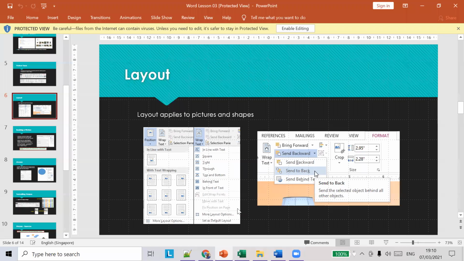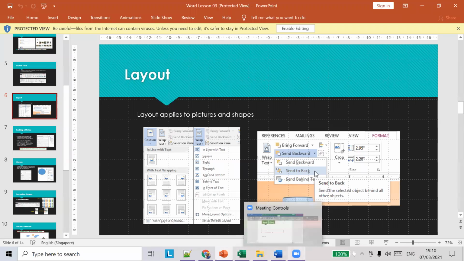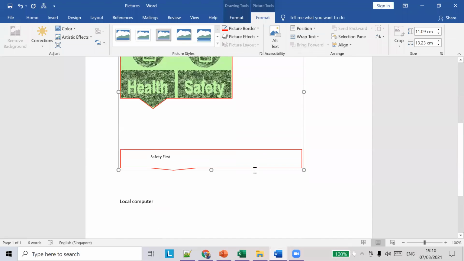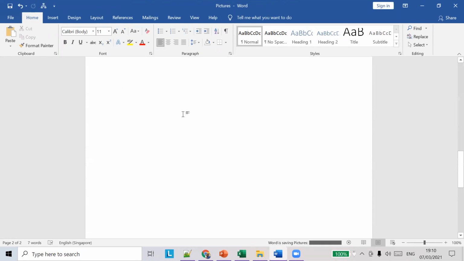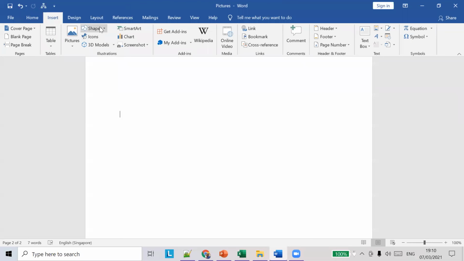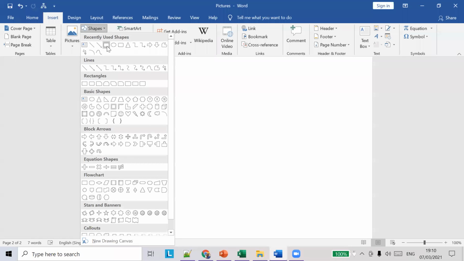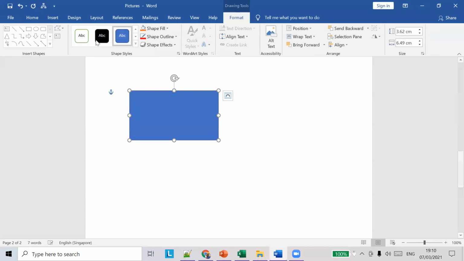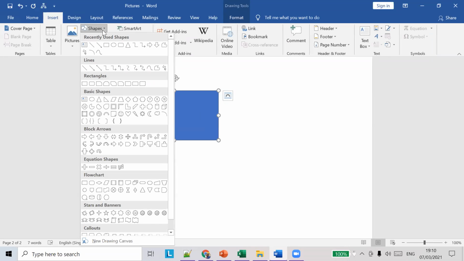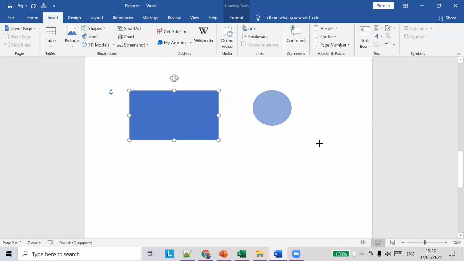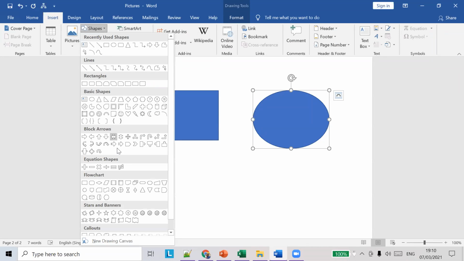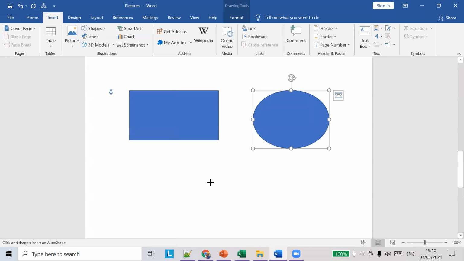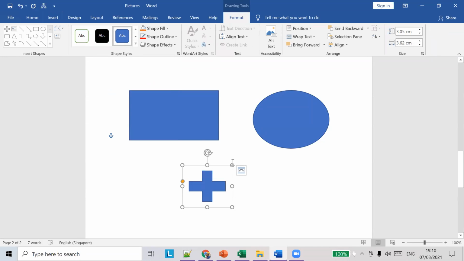Okay. So there is another option to draw our own picture. So let's say if you want to draw something, right, you can do it yourself. So go to insert, go to insert shapes. Okay. So next to pictures, there is something called shapes. So using this, we can draw some rectangle, or let's say if you want to insert a circle, you can do it. You can do anything here. So there are some shapes here. So you can do all those things here.